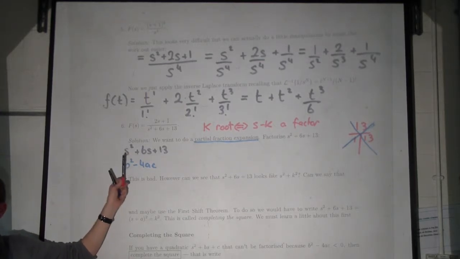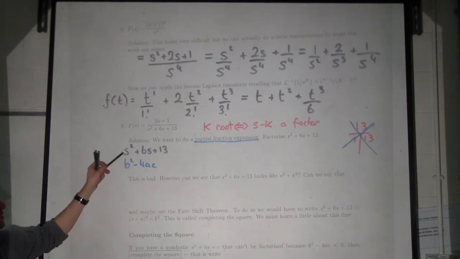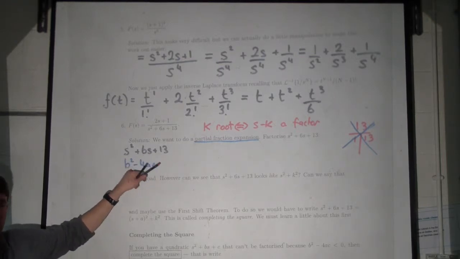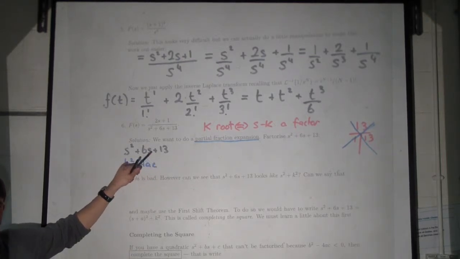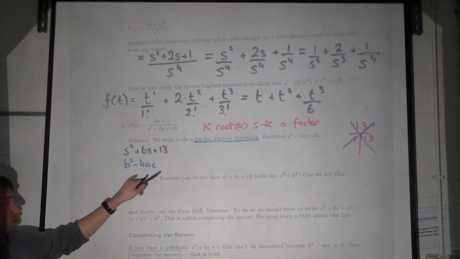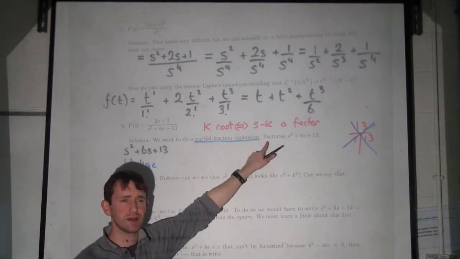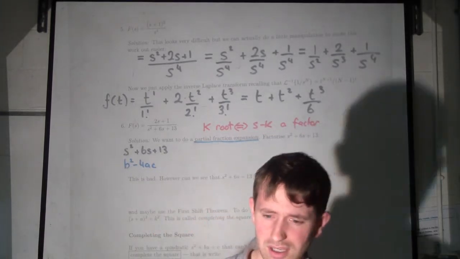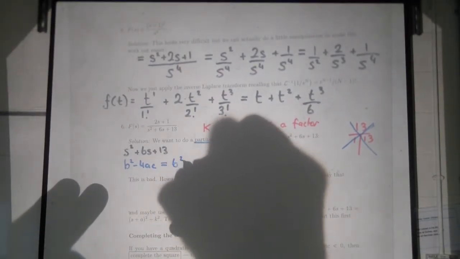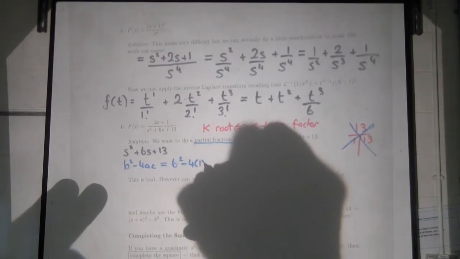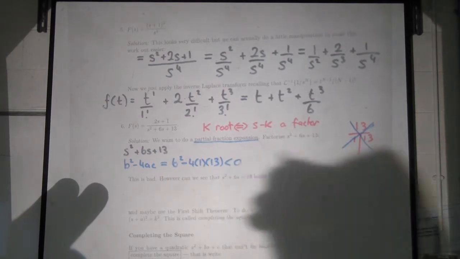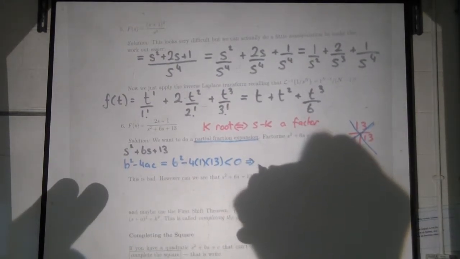If you can't factorize it, you have to use the minus b form. So you attack this with the minus b form, and the only thing I really care about is the b squared minus 4ac, that's inside the square root. If the thing inside the square root is negative, a complex number, you don't have any roots. And if there's no roots, there's no factors. And then it's bad. So b squared minus 4ac here is 6 squared minus 4 by 1 by 13. It's 36 minus 52. It's certainly negative, and that means no roots,